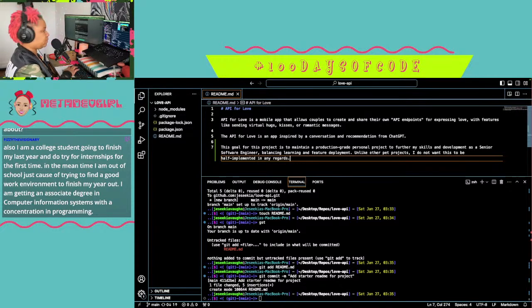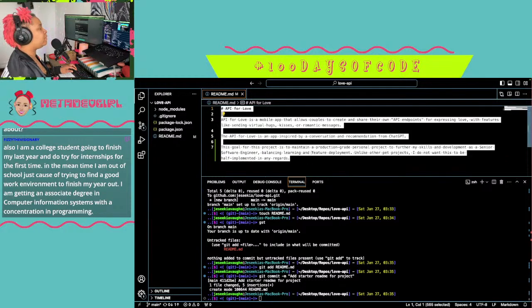Okay, I think it's good to have that there because I will be showcasing this one on my GitHub probably eventually, relatively soon. I think this will become one of the main pins.